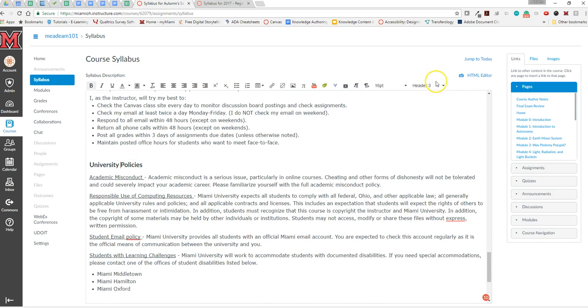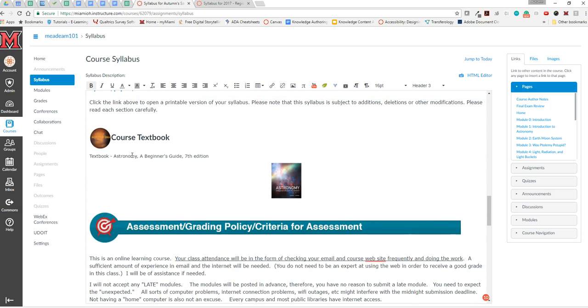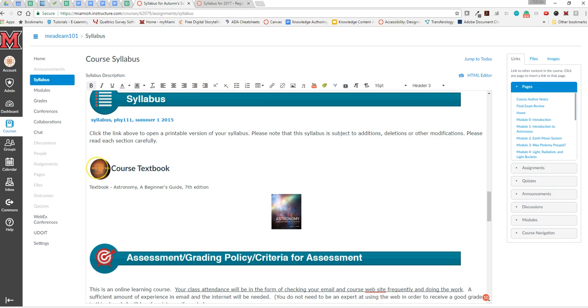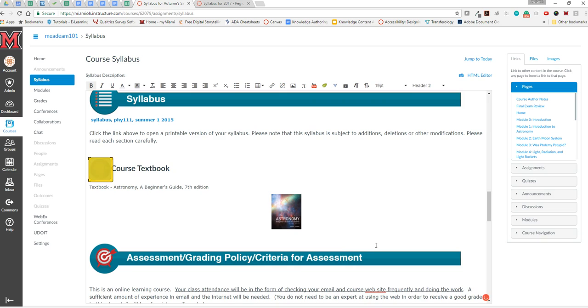Some things need to be a header, so you'll see this is a header, and that's fine. But the other thing is, if the instructor has images in the course, then you need to make sure that those are all texted properly. So this was an existing image in the course, and so I'm just going to click on that, and it doesn't really have a proper alt text. It's okay to say Physics 111 logo, but we don't want to have that .png behind it for the alt text. So I'm just going to update that,